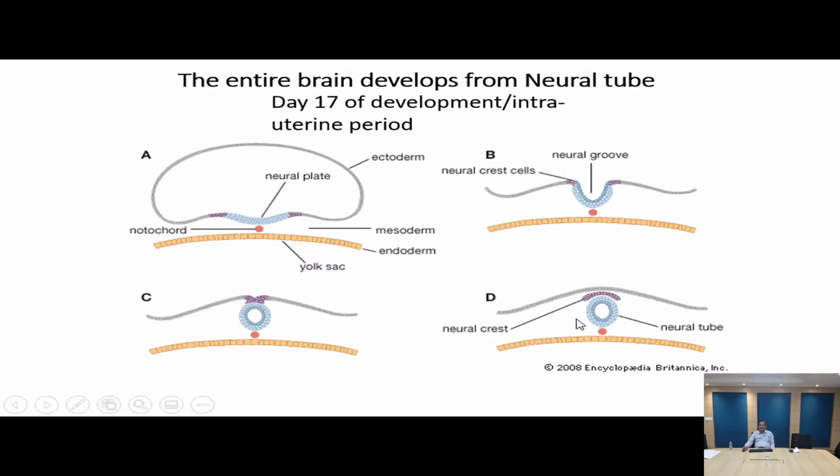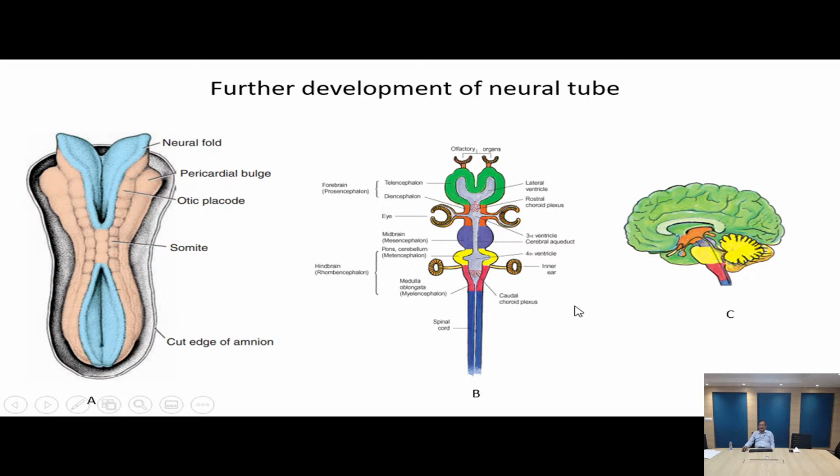So you can see over here that the neural tube, which is going to form the central nervous system, and the neural crest, which is going to form the peripheral nervous system, the ganglia, are developing together over here. So you can see in this figure again that this was the neural groove which is now closing by itself to form the neural tube. So ultimately the whole thing will be closed, and it will be converted into a hollow tube, which I mentioned